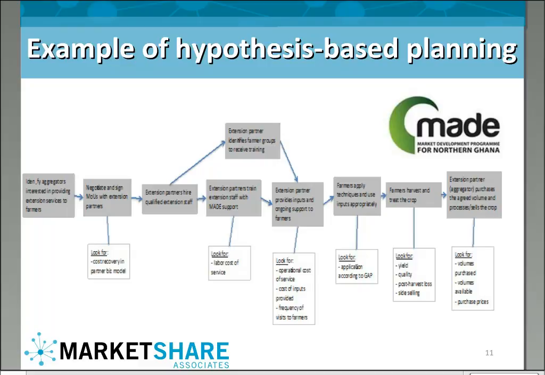It doesn't move beyond the outcomes. It doesn't try to tie interventions into a broader vision of poverty reduction. It simply says, okay, if we're trying to build extension services into the commercial operations of aggregators in northern Ghana, these are the things that we need to track in this first season to see whether or not this is a reasonably good idea. And so it effectively maps out the process from partner identification to the completion of the season